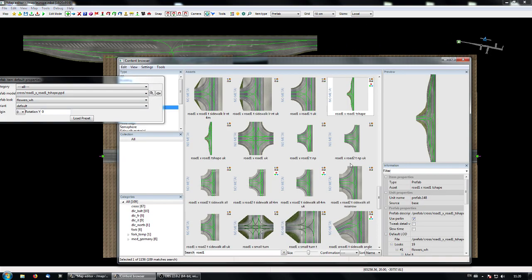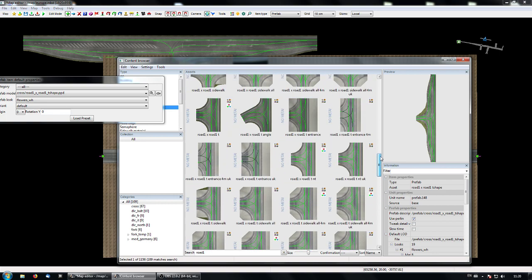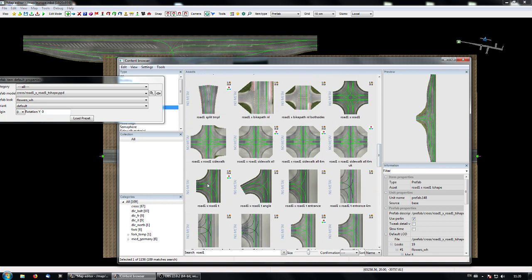This one is too big. I'm going to choose something smaller. Road 1 to road 1T, this one,